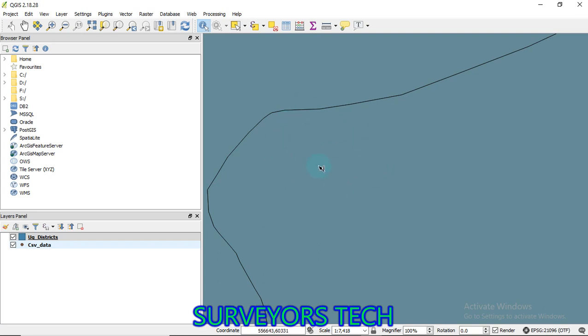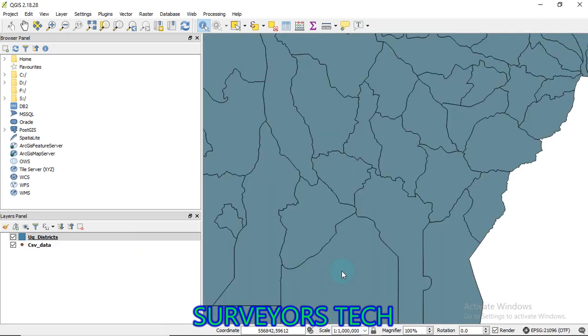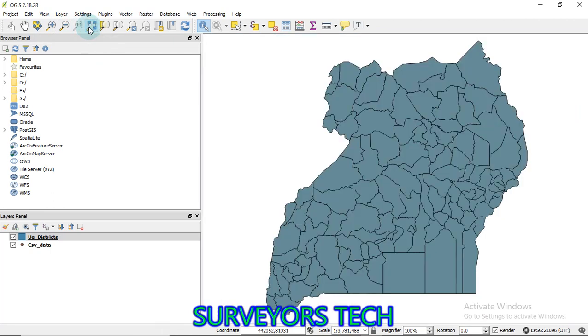But now you cannot see anything, because of the scale. This scale is too much, it is zoomed. This is a large scale. For us to be able to see that data, we need to go to a small scale. You see, as the scale reduces, the more you can see. But there's another way. If you want to see your data very well, you can click here, zoom full, and you get to your data. So this is the polygon data. They are not points, they are not lines, but they are polygons, which are districts.